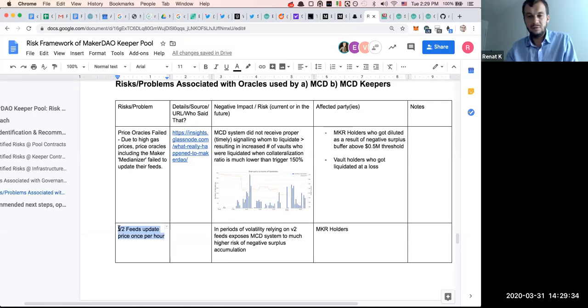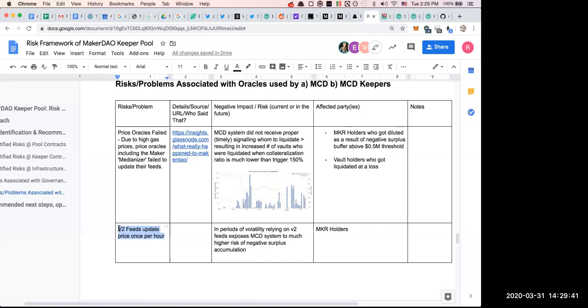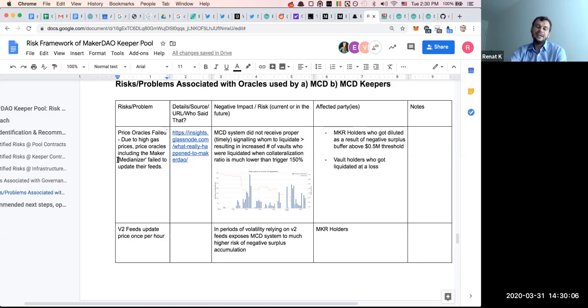Does anyone know? As far as I can see from what was said previously, at any moment we know the price that will be applied from the next hour. And this means that at the current moment you can check whether your vault is under-collateralized or not. And you will have until the next price is applied to the system. You have this 1 hour to top up your vault or not.